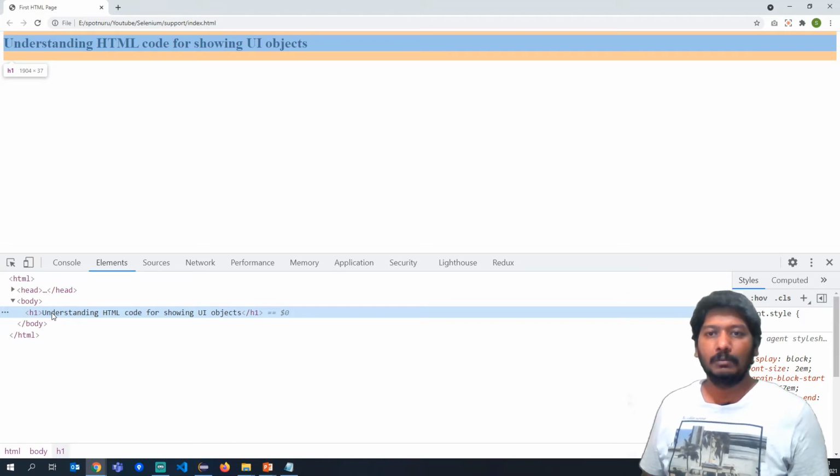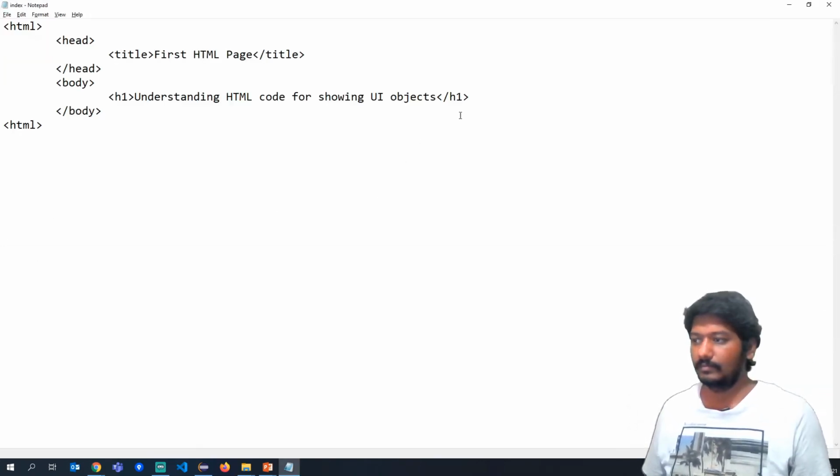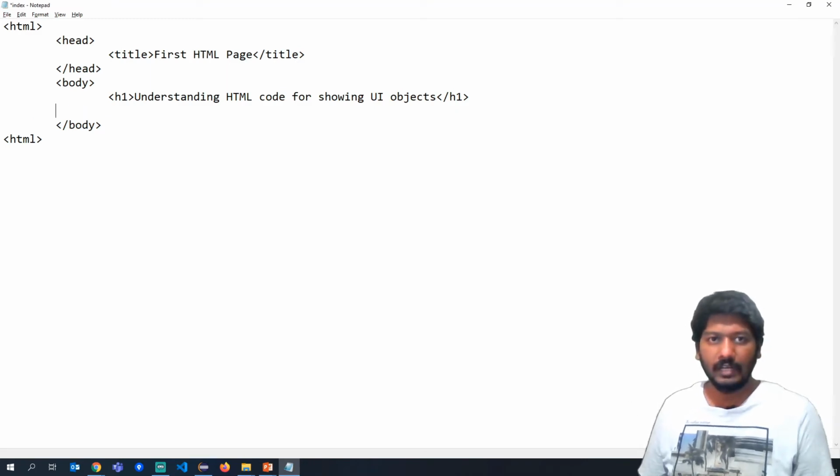Now let me make some more code changes and see how it behaves. I will add some more headings just to show you how the heading will change.